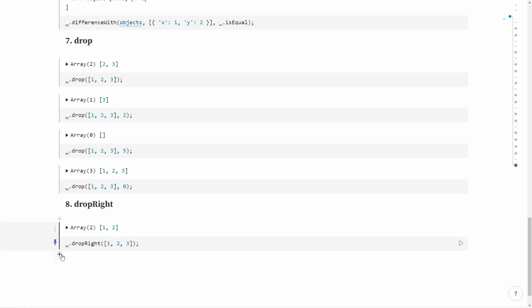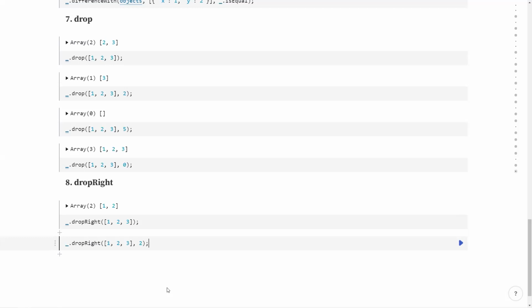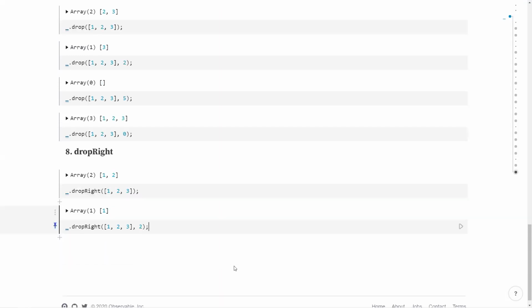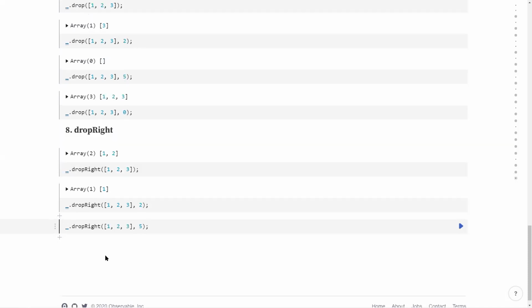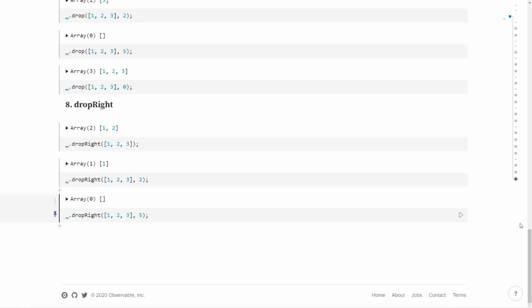And if you do specify the second parameter, then it will remove that number of elements. So here we are saying eliminate the last 2 elements, so we should expect only 1 in the resulting array. And if we say we want to eliminate 5 elements, which is not possible as we only have 3 elements, we will get an empty array.